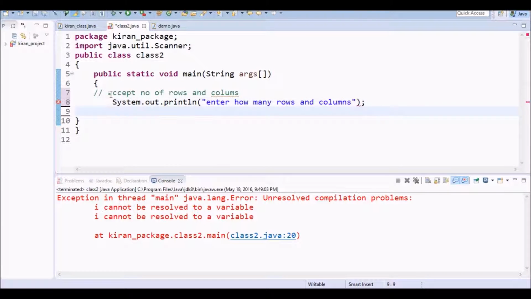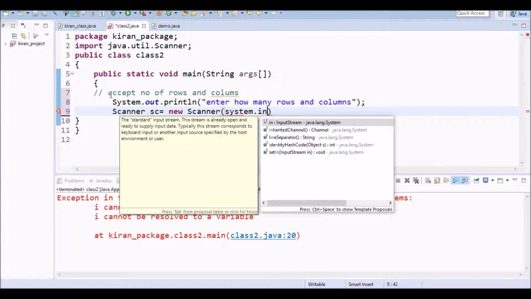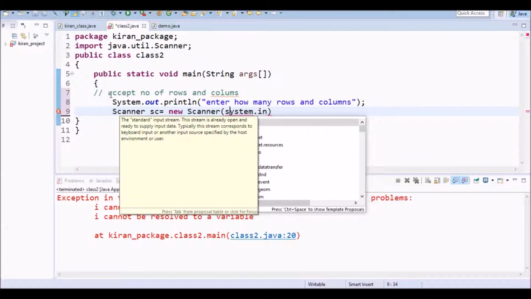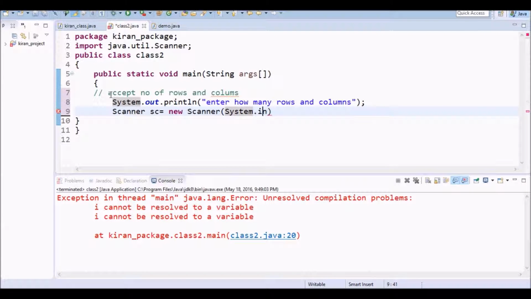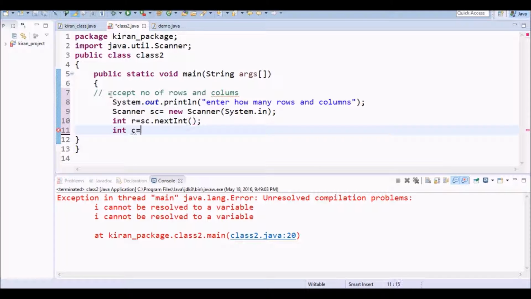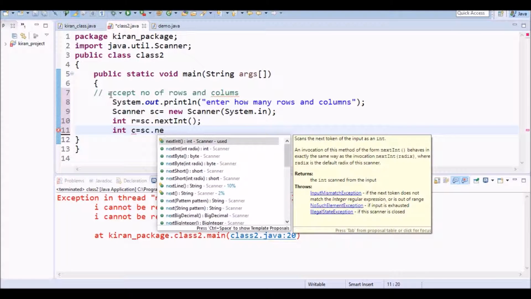We need to use Scanner now, so I am creating an object for Scanner: Scanner sc is equal to new Scanner of System.in. Here System is capital. Now int r is equal to sc.nextInt, int c is equal to sc.nextInt.